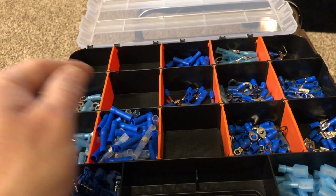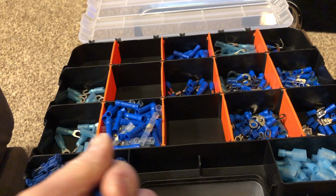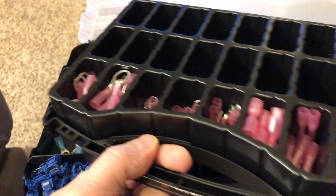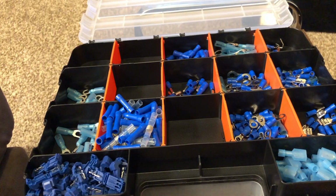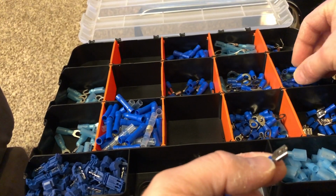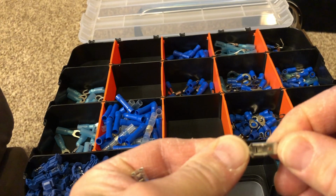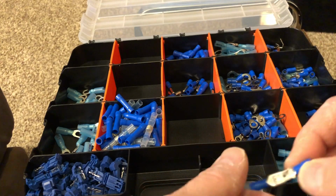So my process of arriving at how I'm going to organize this sort of comes in waves. So I have a decision point to make. Do I try to squeeze all of the connectors, all colors, in this one box, or do I take this one box that I have that's small with the lid and latch and use it only for the red? Now, as I've been sorting, I've been thinking, you have these male and female sets. So you have a female male connector set, and what's the potential harm in combining something like this into one bin? Because I have so many,